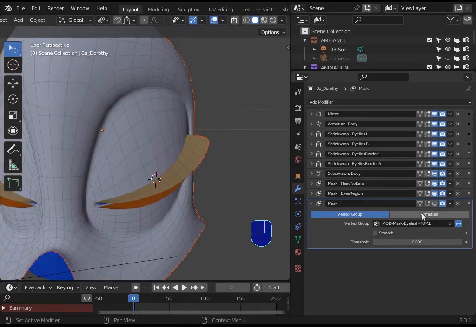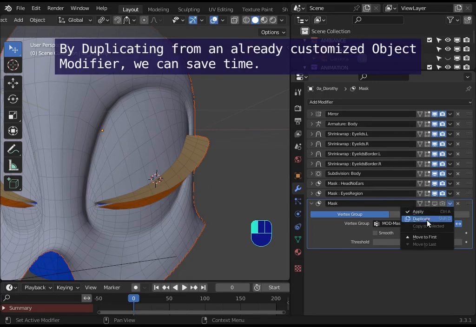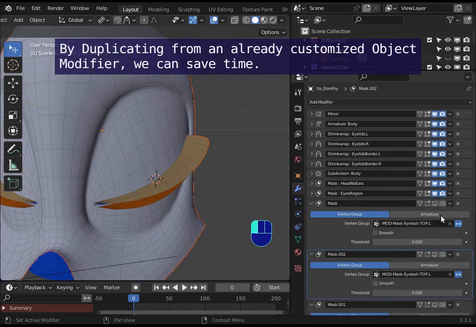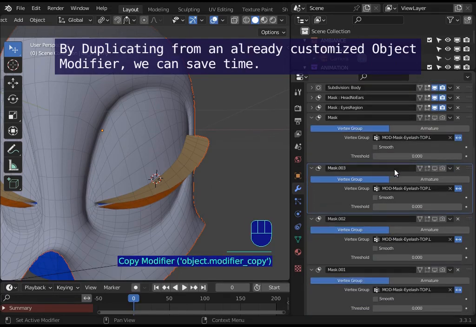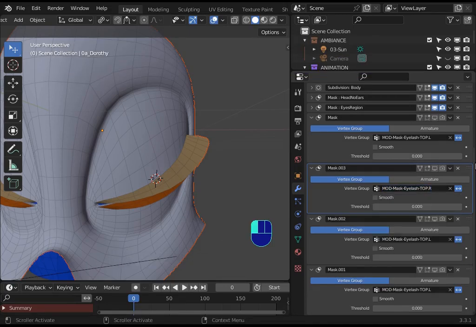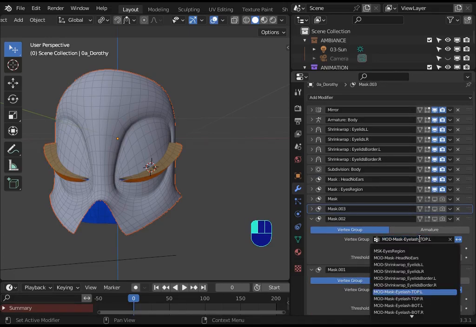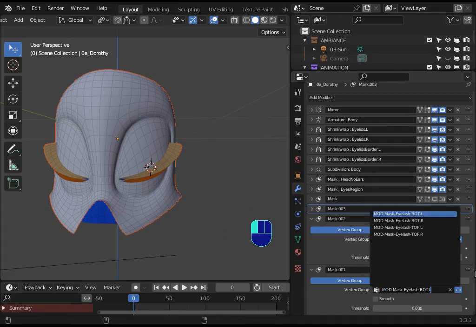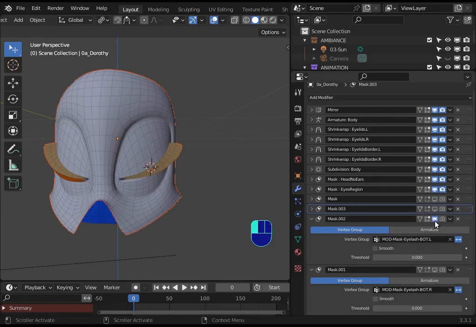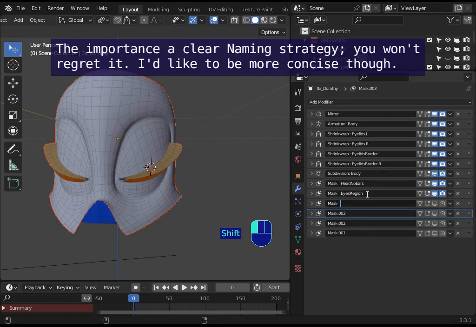Let's also duplicate this, also duplicate again. We need 4 of them for maximum organization. This will be the right, so I can control the visibility of the right side too. For the bottom, left and right, indeed and indeed. So all these are working. Let's rename here, top left,